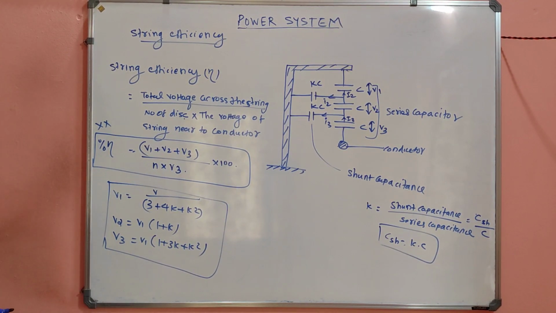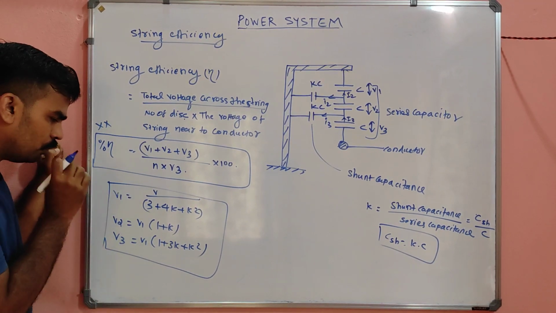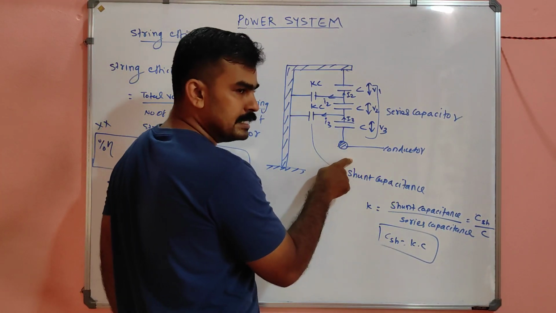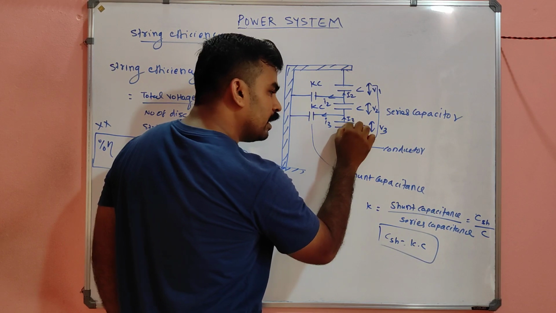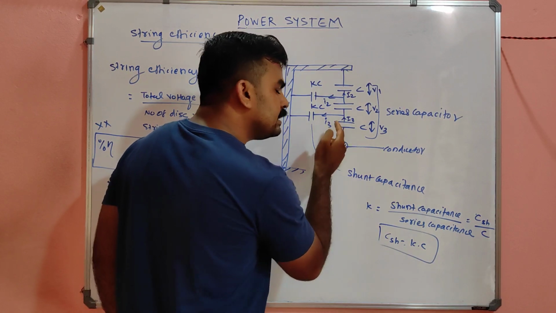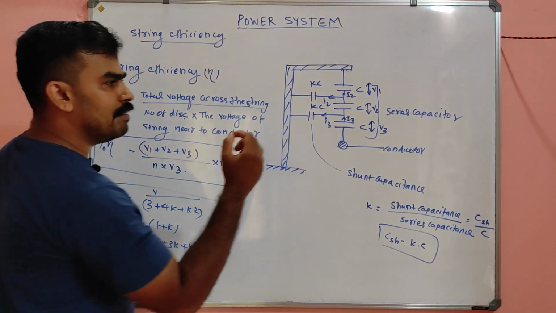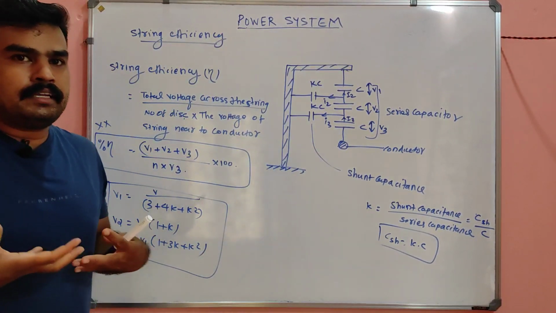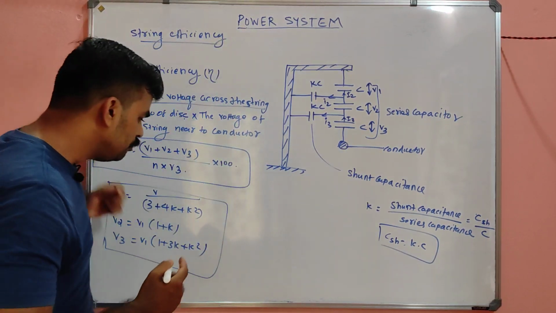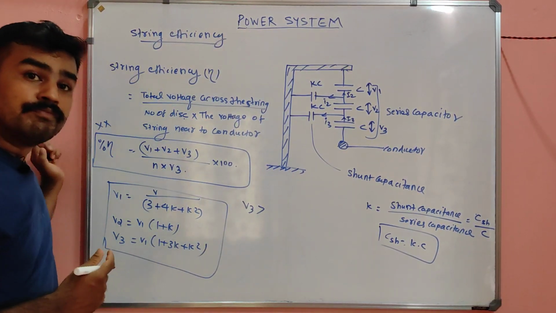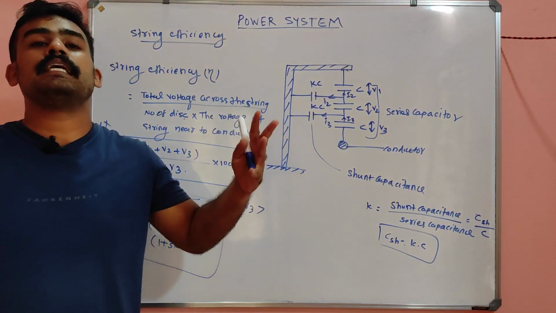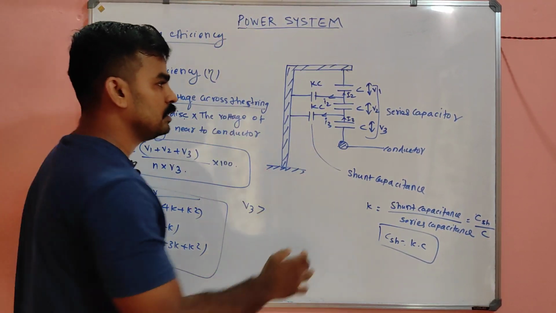Okay, so from this equation you can observe one thing. See, this is the conductor, my dear. This string is having the maximum stress here because it is directly connected with the conductor. So the voltage withstanding capacity of the third disc, V3, should be very high. That means this disc can withstand high voltage compared to all the others,